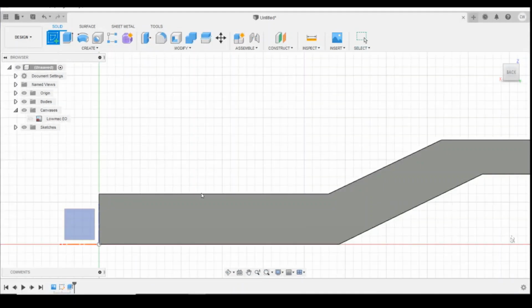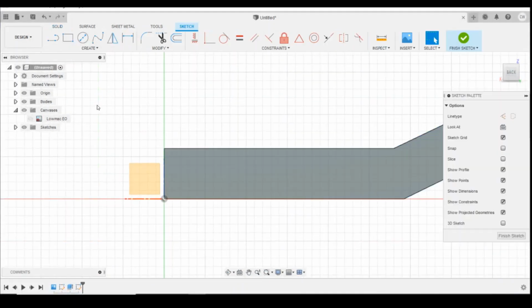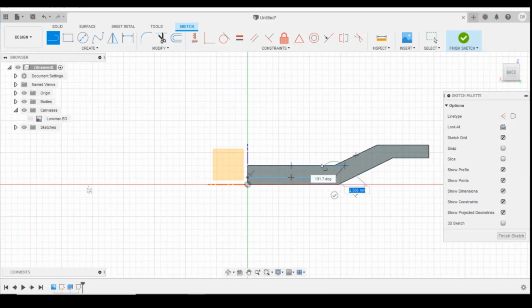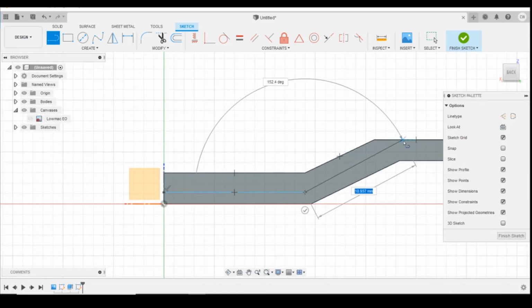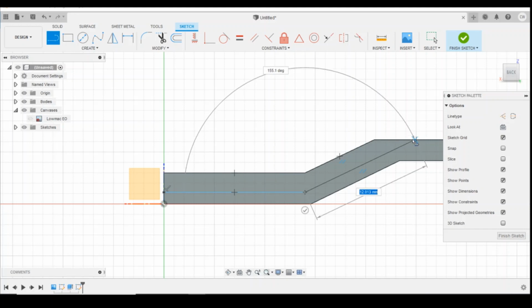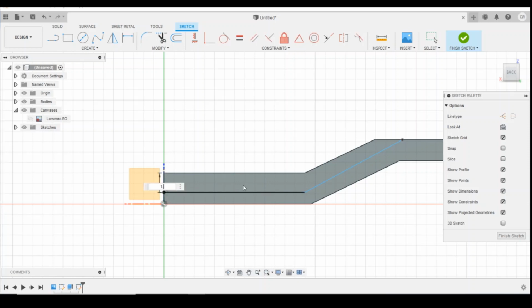Okay, so I'm going to create a sketch on this back face here. That's going to be the well itself. So I need that to come in line with there, and then it's going to go all the way up to the top face here. So I'm going to dimension the depth of my well. I'm going to go 1.7 millimeters,